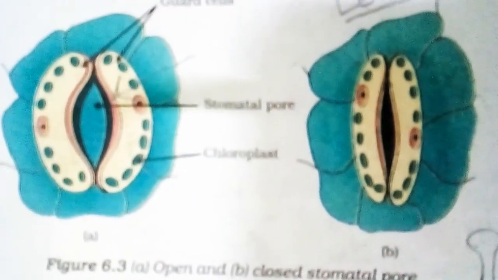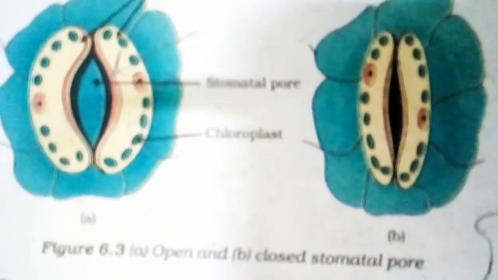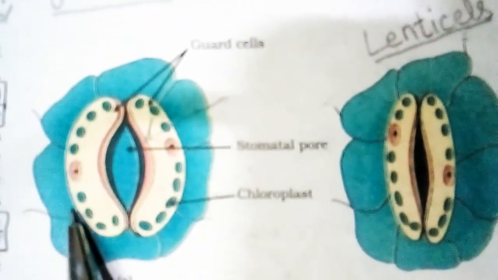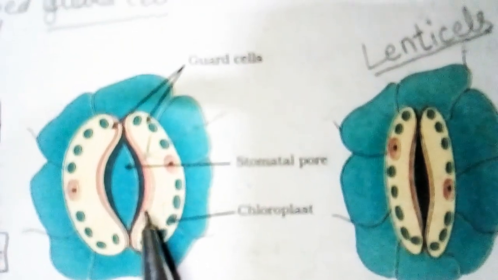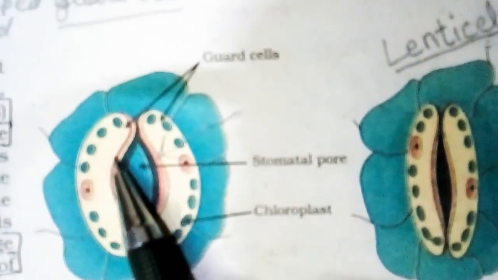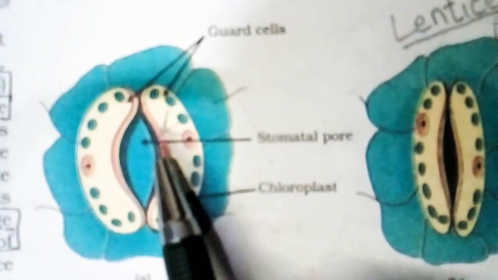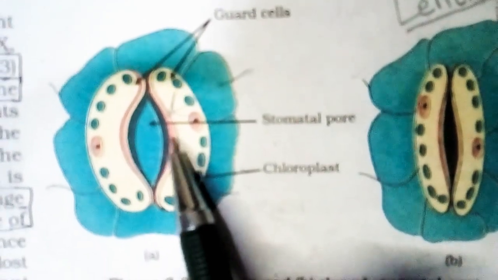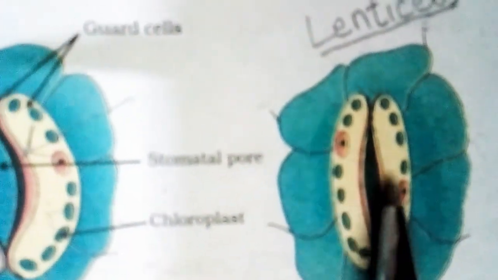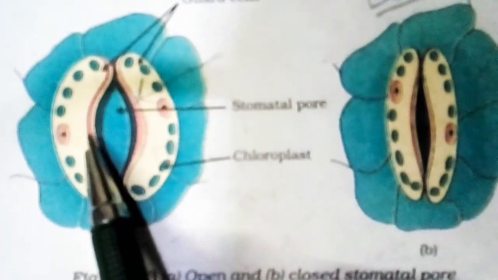Now boys, we will go into how the stomata get open, or we can say how these guard cells bend. You are seeing here that there's a bending movement, a concave type of figure, taken by the guard cells. Usually the simple guard cells are like this, but when the stomata has to open, it has to bend. So how does it bend?